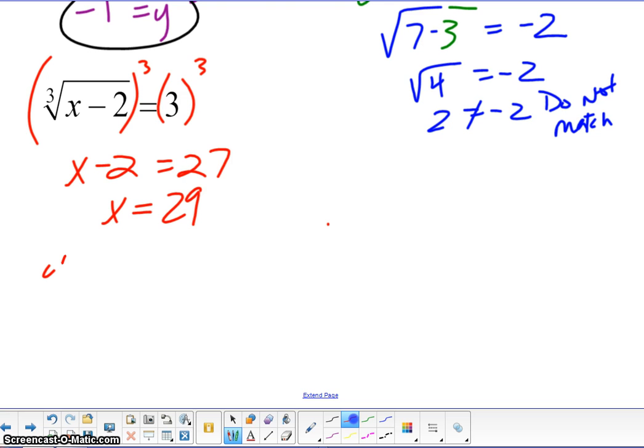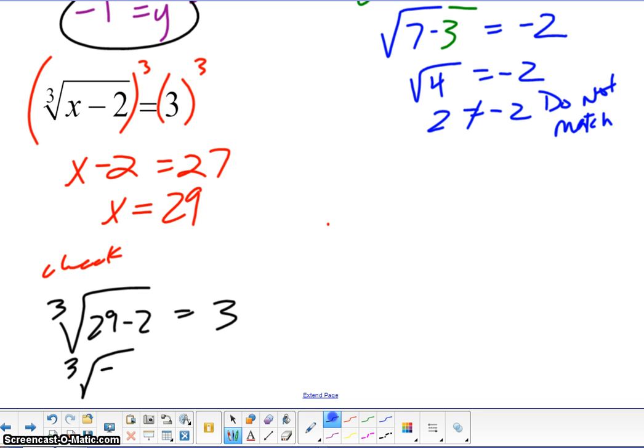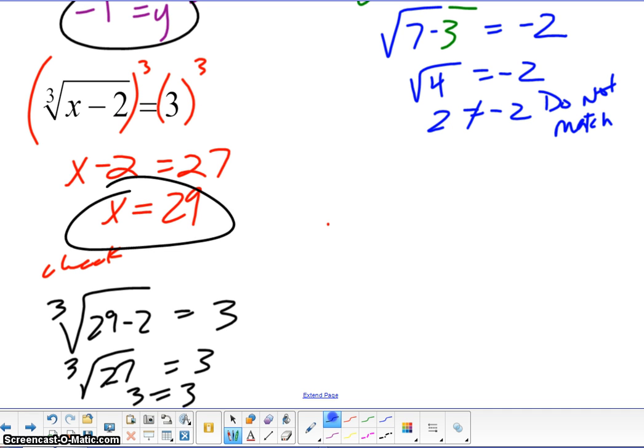Let's see if it works by checking our answer into the original problem. Cube root of 29 minus 2 equals 3. Cube root of 27 indeed is 3, so we have a match. X equaling 29 is the correct answer,